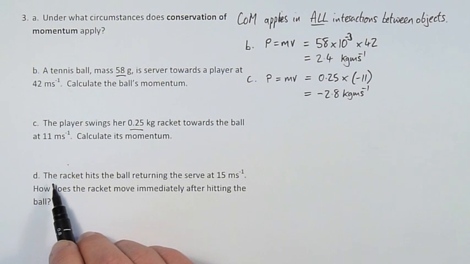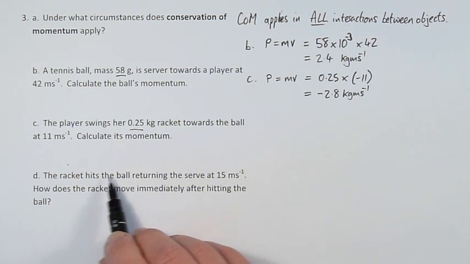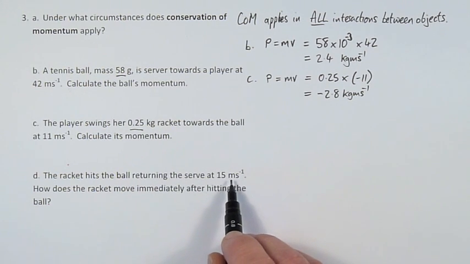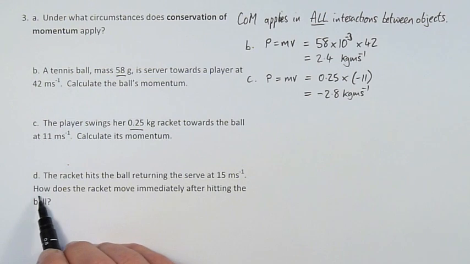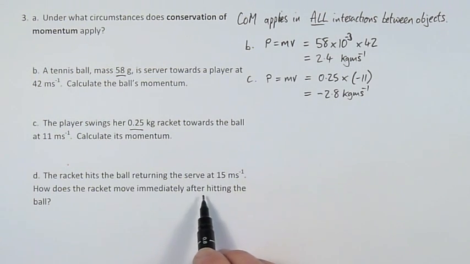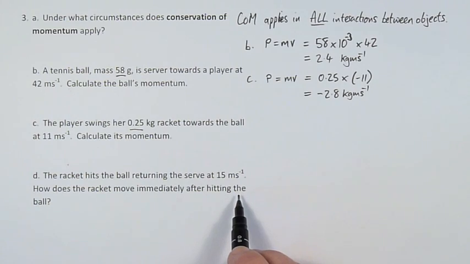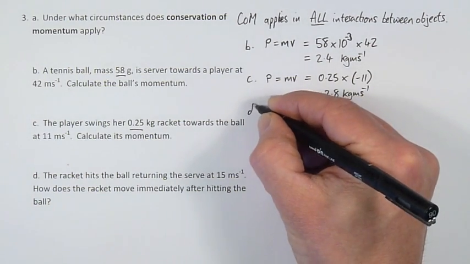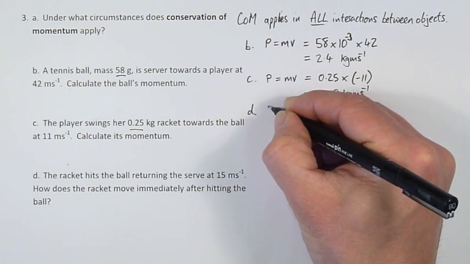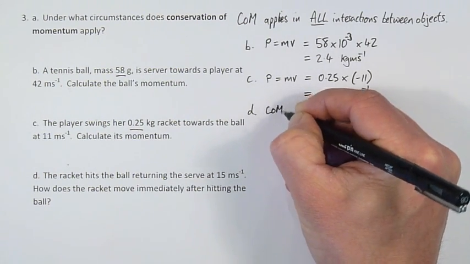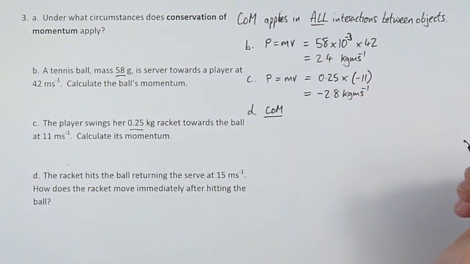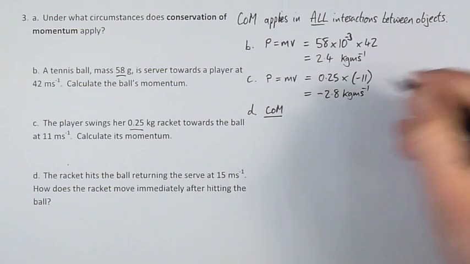Part D. The racket hits the ball, returning the serve at 15 meters per second. How does the racket move immediately after hitting the ball? Well, this is a conservation of momentum question. So the first thing I do is that I know it's a conservation of momentum question, and then I give